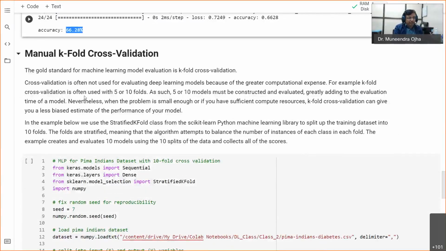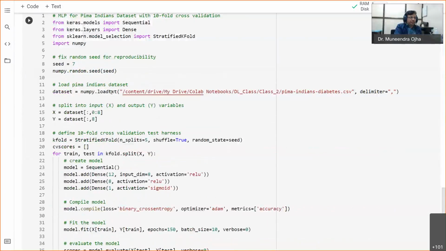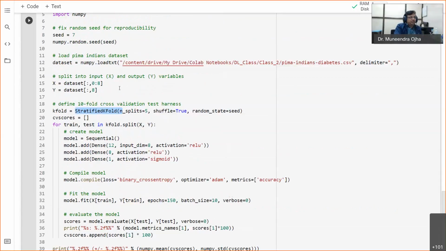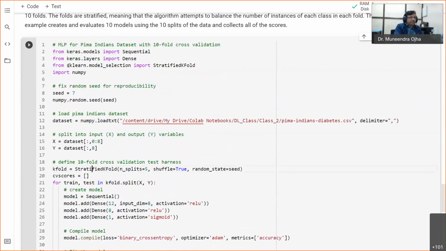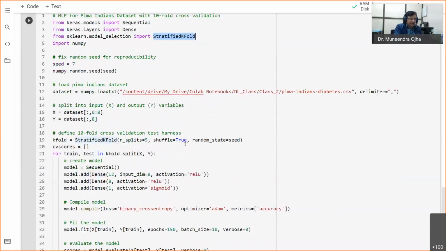So in spite of this, you can have manual k-fold cross-validation. Manual k-fold cross-validation can happen in this way, that you perform stratified k-fold. This stratified k-fold you see from the scikit-learn library. You can import a stratified k-fold function. The job of a stratified k-fold is that it splits the dataset into a specified number of folds. So you specify how many number of folds, number of splits, 5. So it will perform